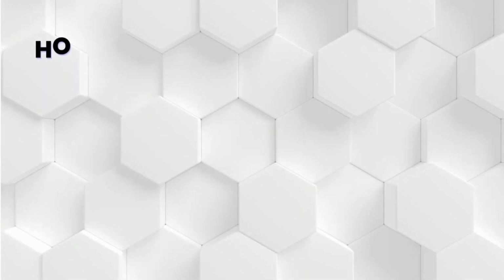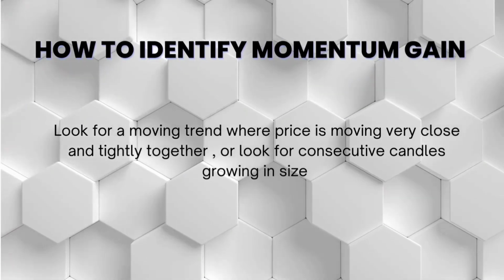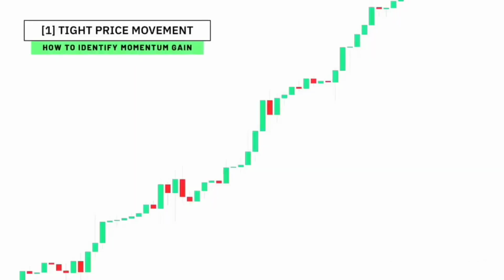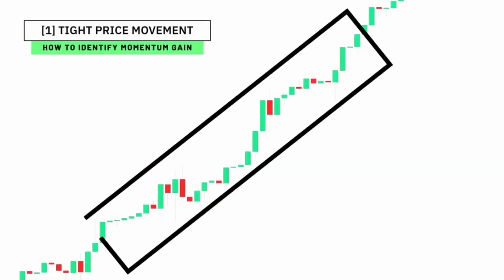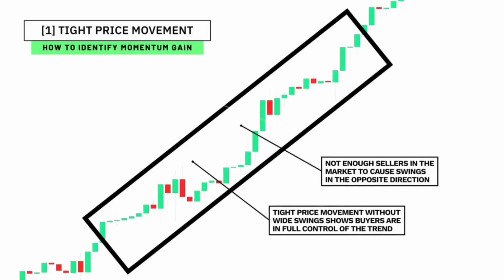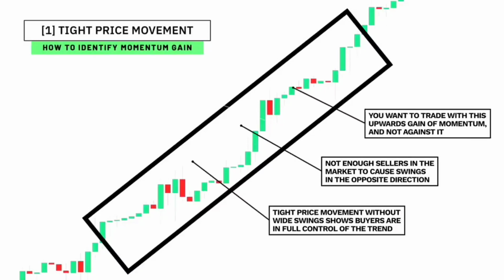So how do you identify momentum gain? The first way to identify momentum gain is to look for tight price movement in an uptrend. Notice our price is tied together with a wide swing, which shows the buyers are in full control and that not enough sellers are in the market. To cause swings in the upside direction, you want to trade with this momentum gain and not